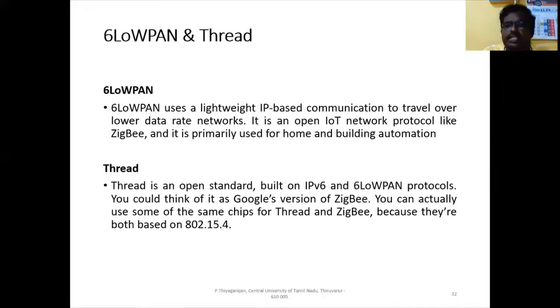Next is 6LoWPAN. It's a lightweight IP-based protocol, used to travel over lower data rate networks. It is an open IP network protocol like ZigBee, and it is primarily used for home and building automation. Next is Thread. Thread is an open standard built on IPv6 and 6LoWPAN protocol. If you think of it as a Google version of ZigBee, you can actually use some of the chips for Thread and ZigBee because they are both based on